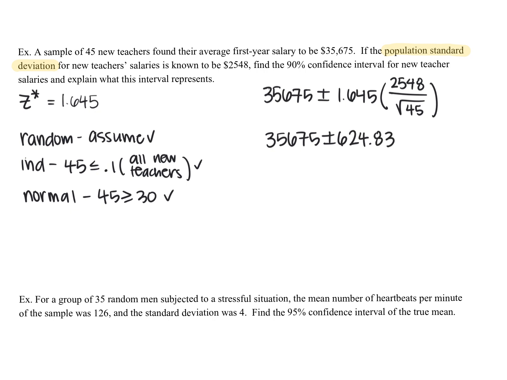624.83. Now, because this problem does talk about money, I will definitely round to 2 decimal places, and that is the most decimal places you will round here, and it is mandatory that you round to 2 decimal places. So when I add and subtract the 624.83, we end up with 35,050.17, and then